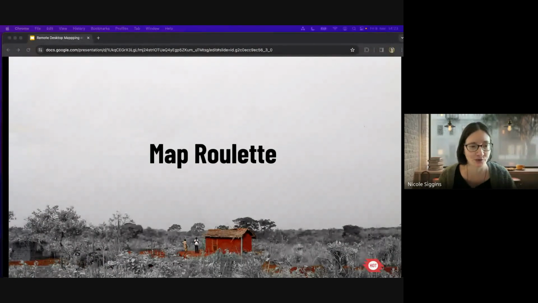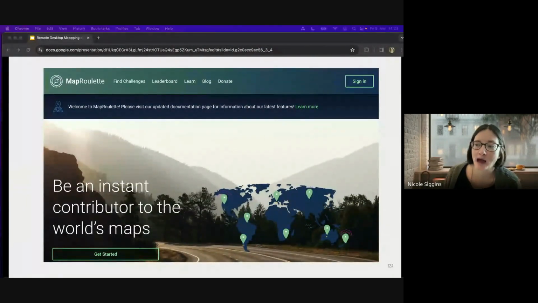So what is this tool like? Map Roulette, and Miko, if you want to throw the website in the chat, people can check it out. It is a website if you want to micro map around a specific topic. It might not necessarily be a humanitarian topic, but it could be something like fixing roads or adding tags or adding phone numbers or adding opening hours. It really depends what's